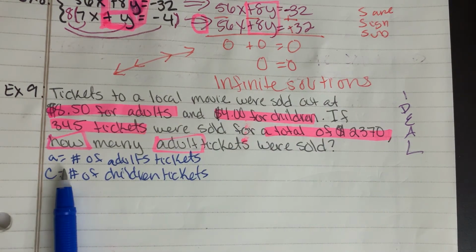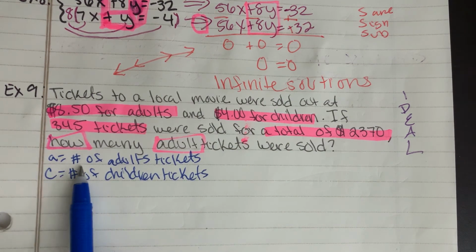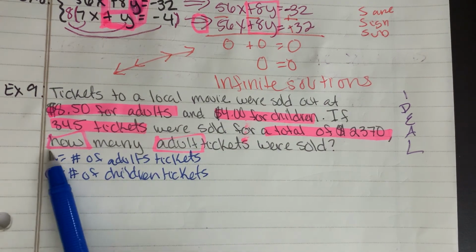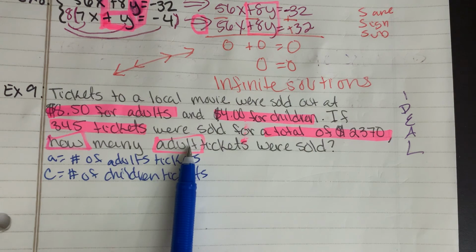So here I went ahead and identified my variables. The first variable I was able to identify was A for the number of adult tickets, and I knew this because of my question: how many adult tickets were sold? Because it's asking for that, obviously it means that I don't know what it is, so that has to be